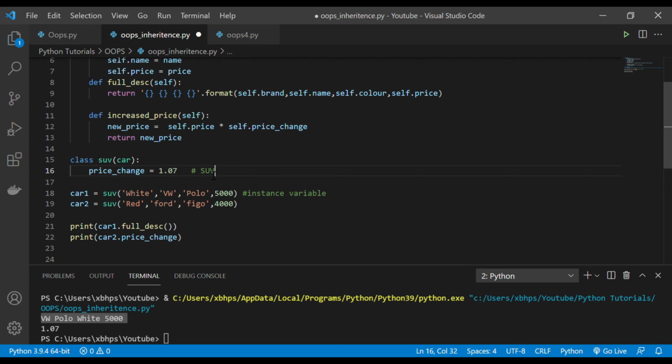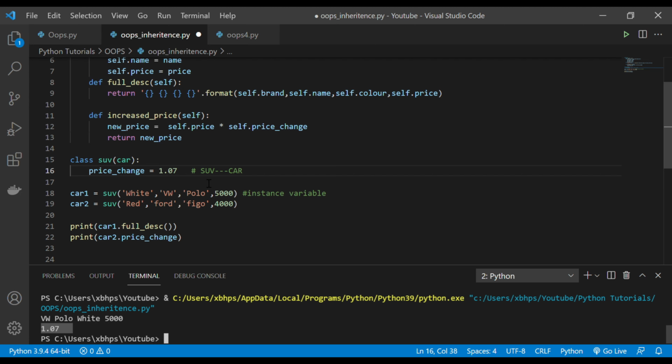If it doesn't exist, like last time there was nothing inside it, then it will go to the actual car class where it was extended. If it exists, then it will not search for the car class. The first priority is it searches in its own class, like SUV is the class, so it will search there itself. That's why you see the changed value reflecting here.